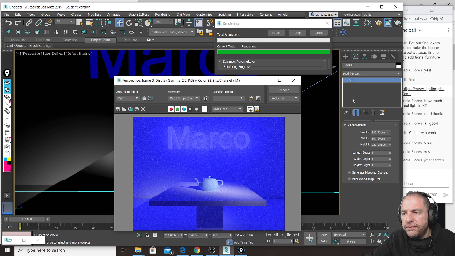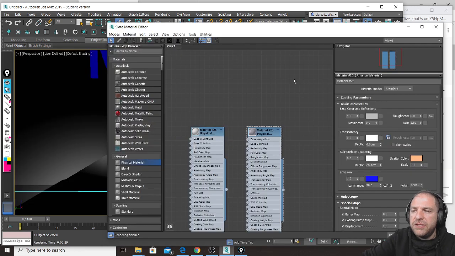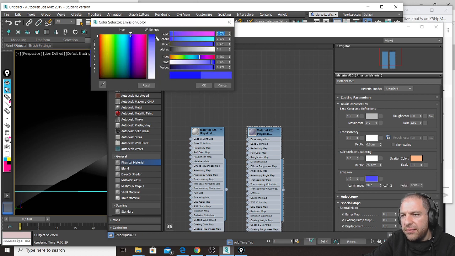I could go, let's say, to 50, but you will see that your object that has a material with the parameter that is called emission applied, it will start glowing, and it will make also this diffuse light next to it. So let's make it 50, and let's see, 50. Maybe a little bit brighter, but